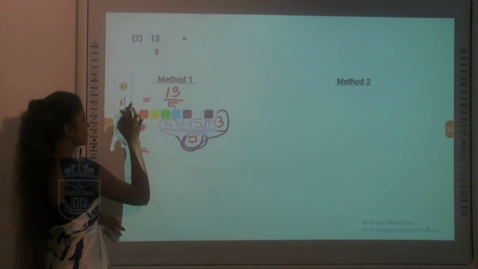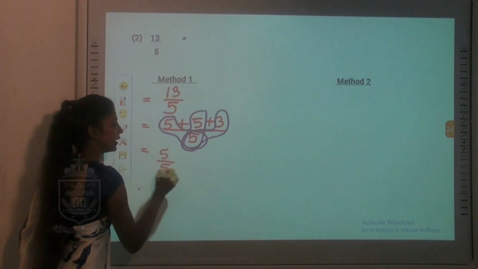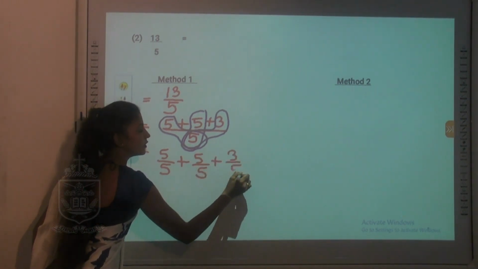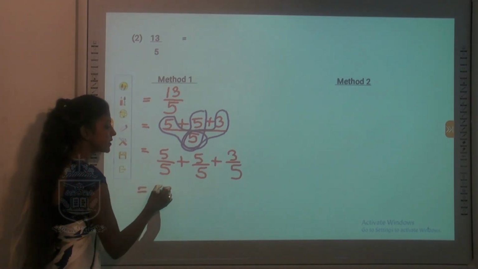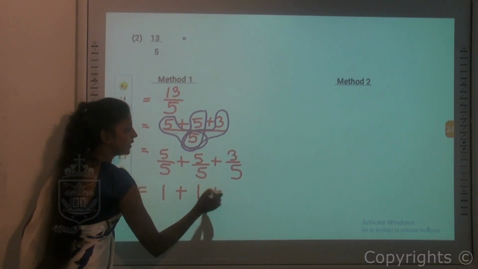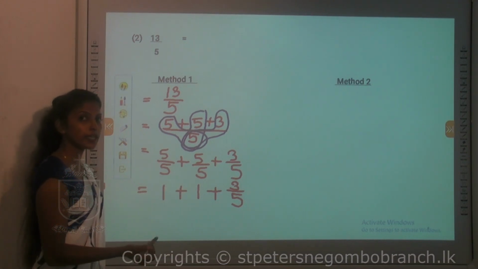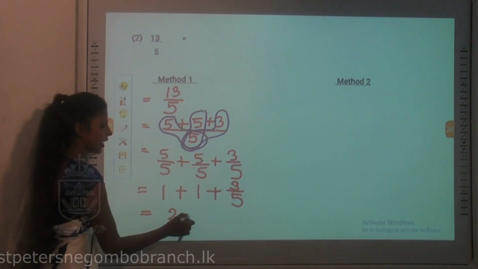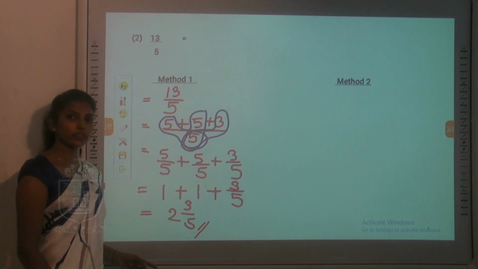Let's see the answers. We take 5 over 5 plus 5 over 5 and 3 over 5. All 3 fractions are taken separately. 5 over 5, the answer is number 1. The other 5 over 5 is also 1, and then you have 3 over 5, that is a fraction. We know 1 plus 1 is 2. That will become the whole number, and then you have 3 over 5. So this is the final answer. The whole number is 2 and the fraction is